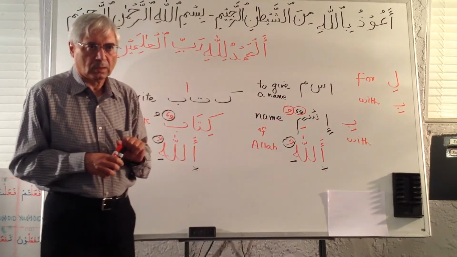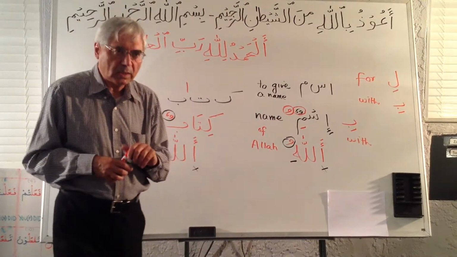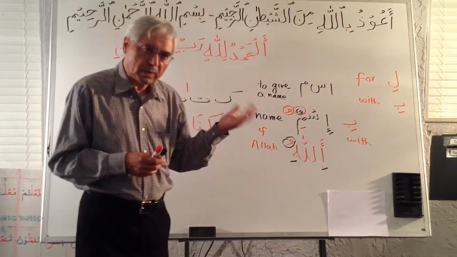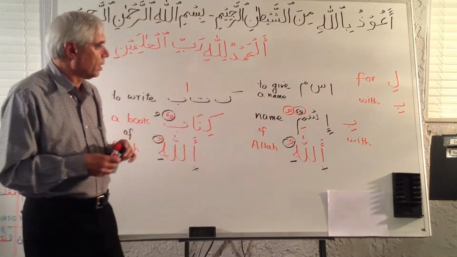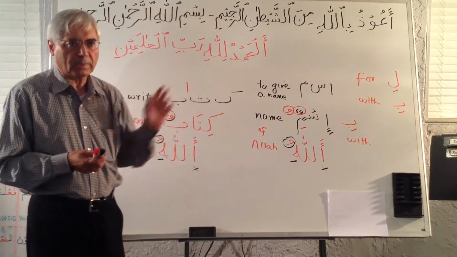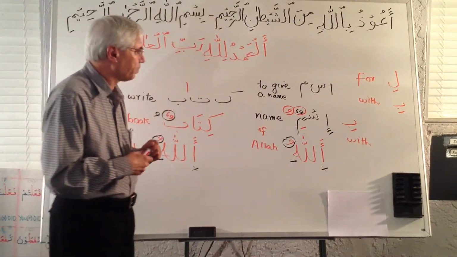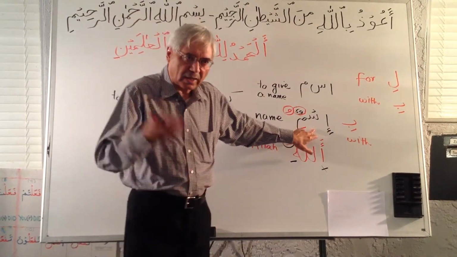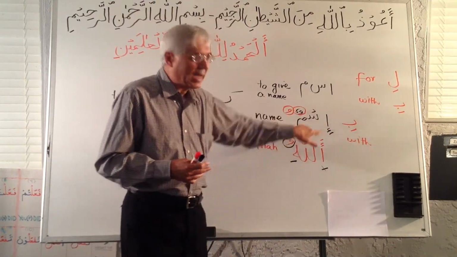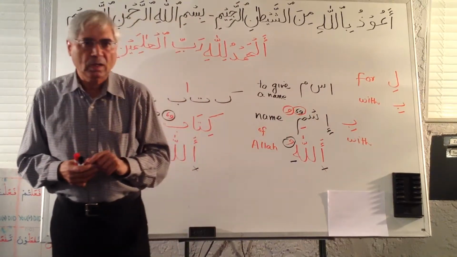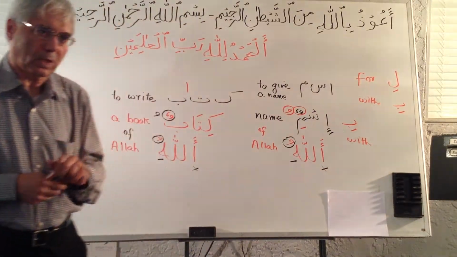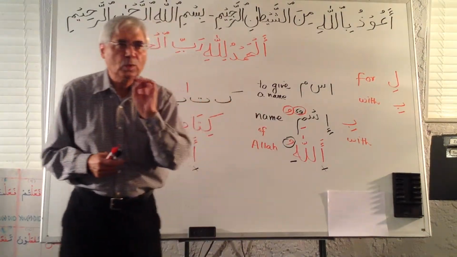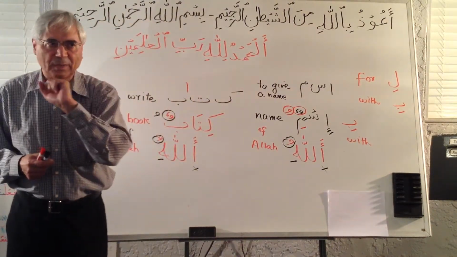So why do they translate it as "in the name of Allah"? In English it is correct to do both ways. So you can translate it as "with," but that's English. B and E both can be translated as "in" in English, which means associated with this, either "in" or "with," but it is attached to this. In the name of Allah or with the name of Allah. So again, as I said, the correct word is this, and we use this all the time.